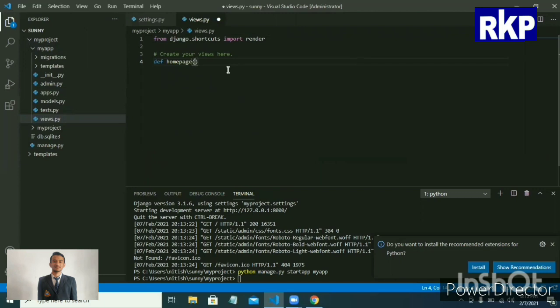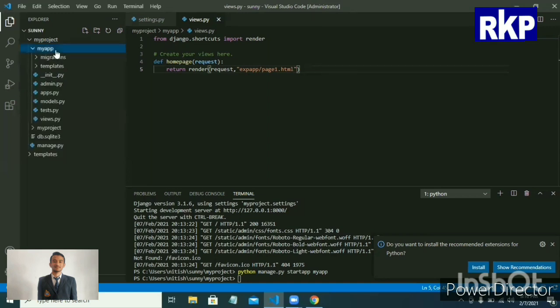So to make a view, open the views.py file and define a function, and in that function pass a parameter, say request, and now in the function body return render, the name of the parameter you gave in the function header, and the name of the template HTML file you want to display when this function is called. If you get an error like the page or the name of your HTML file is not found, then type the path of the file here.